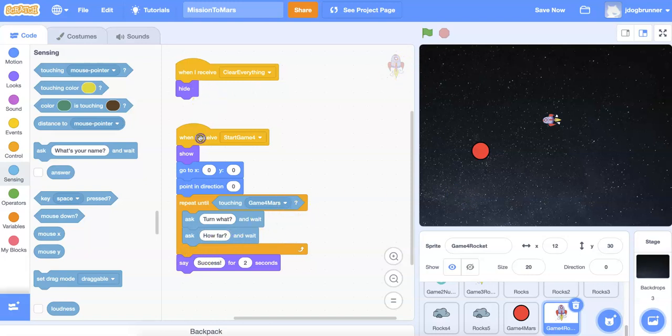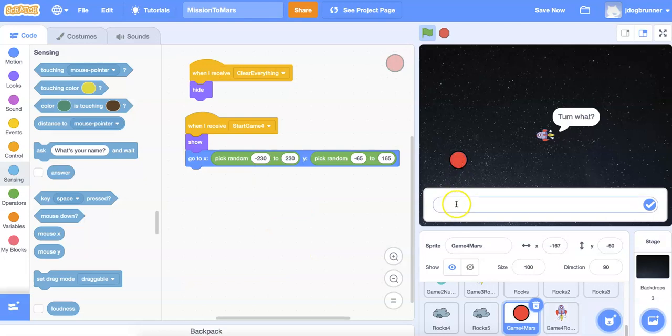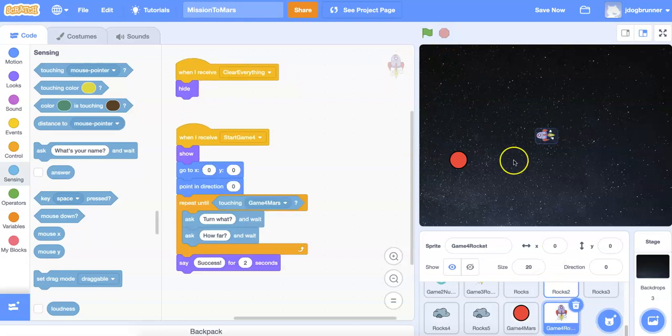So when this runs, you'll see the rocket will ask turn what, and the player has to type in a number here. And because this block is showing up on the screen, that's why I didn't want Mars to be down here, because then the question would be covering up the sprite, and we didn't want that. Okay, so the player's going to have to type in a number and a distance. And right now it doesn't do anything, but that's what we want it to do. It's going to ask those two questions,